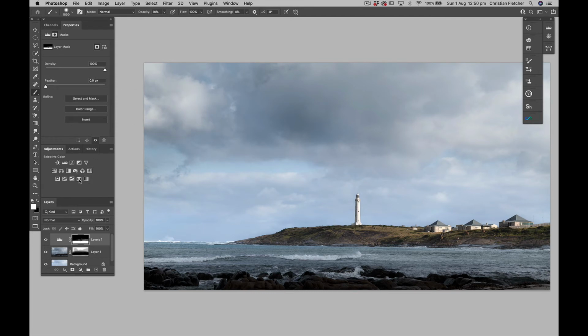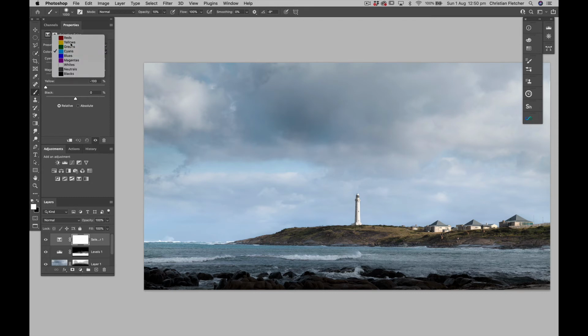So if we go into selective colour and we work on these things, now I like my cyans to be nice and cyan, but I also like to sometimes take a bit of the yellow out of the blues, and then looking at the magenta, taking a bit of the magenta out as well, maybe a bit more cyan there, and then also at our yellows, if we take some cyan out of the yellows,